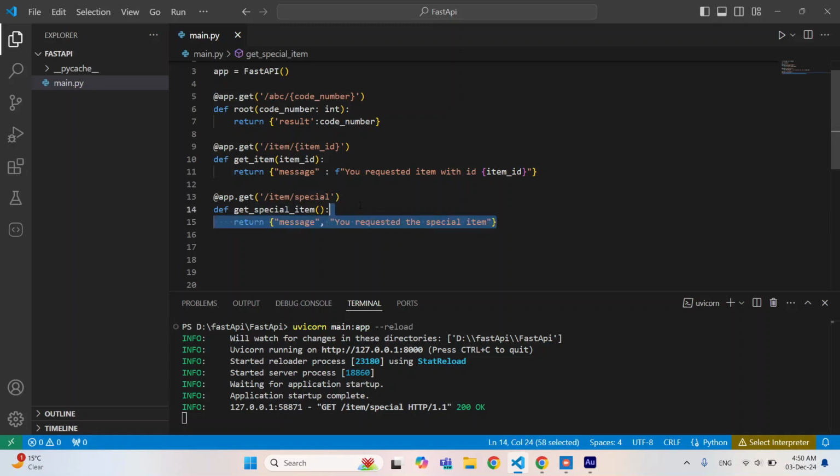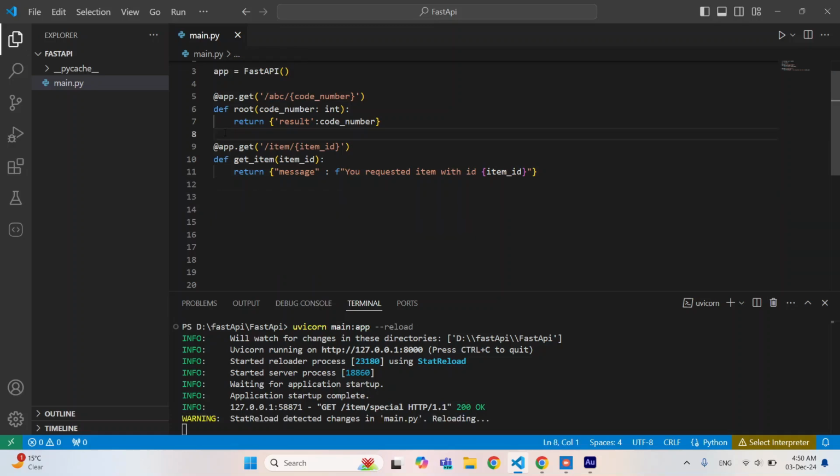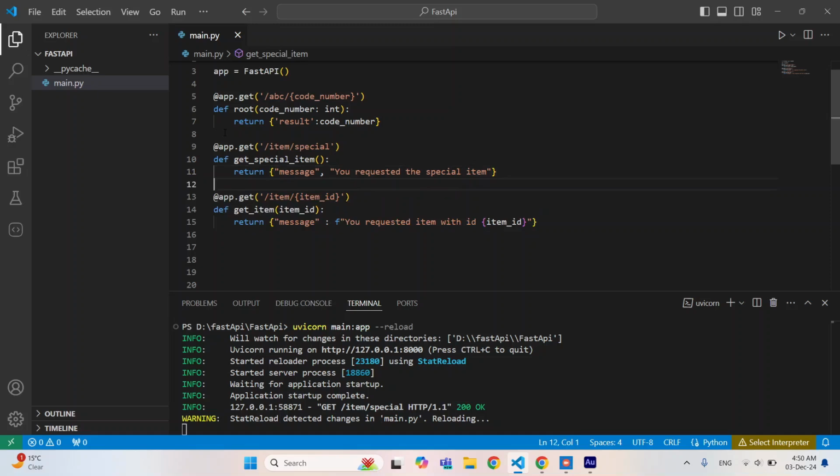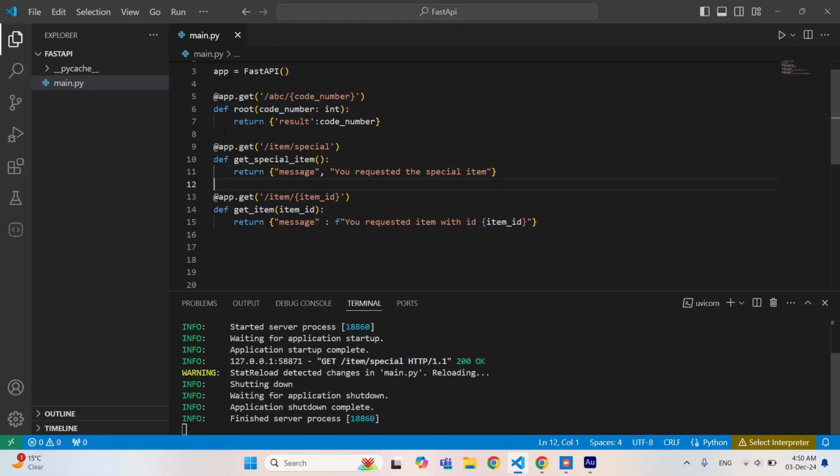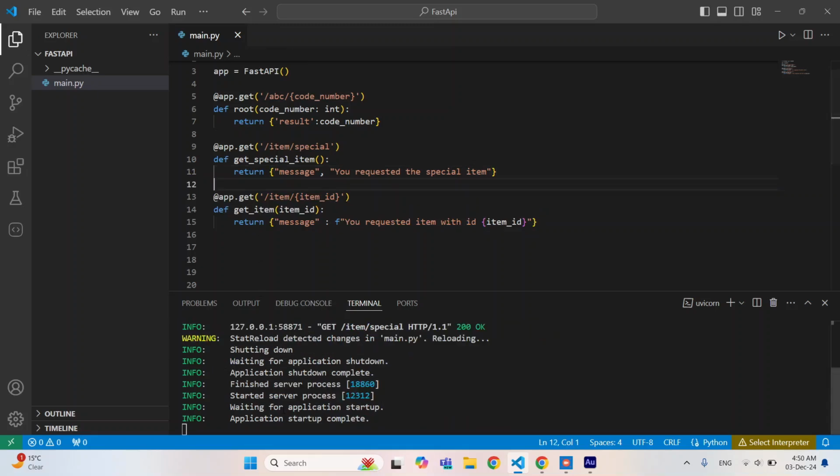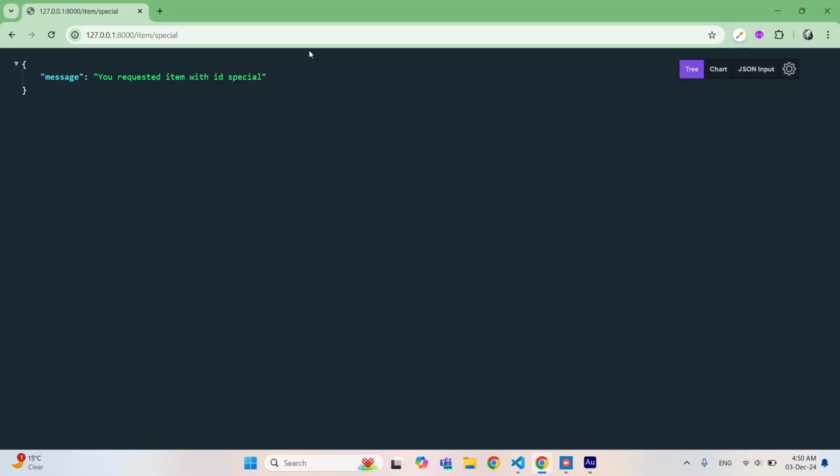So if we cut this and paste it before this, the issue will be solved. Okay, so the server has reloaded, and if we refresh this page